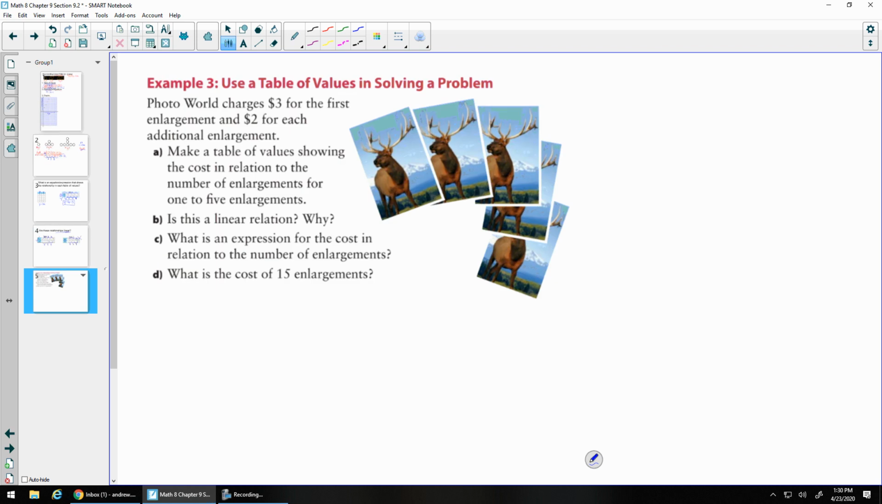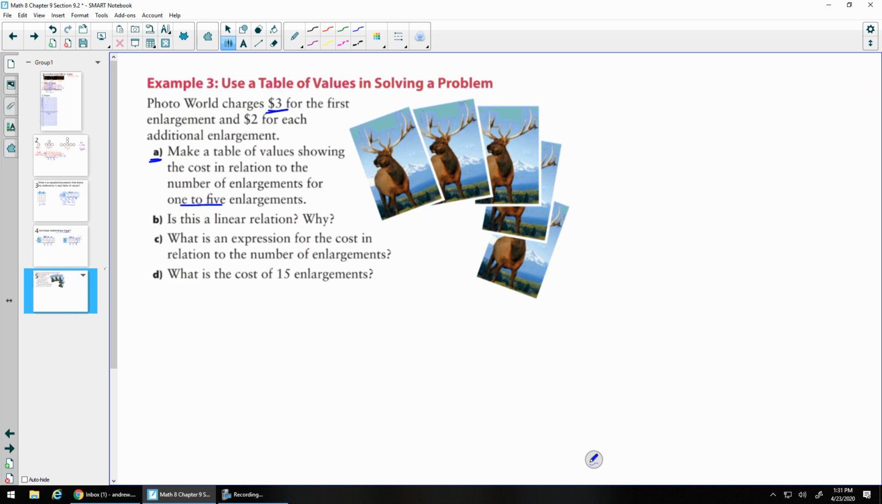Just quickly here, a type of question you guys might get. So use a table of values in solving a problem. So Photo World, you go to a place to print some pictures. They charge $3 for the first enlargement. So you have a photo, you want to get some larger sizes of it. It's $3 for that first enlargement, and then $2 for each additional enlargement. Okay, so let's make a table of values showing the cost in relation to the number of enlargements you buy